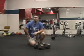Renegade rows. The last ab exercise I'm going to demonstrate for you